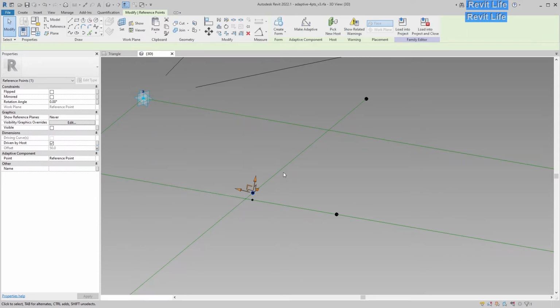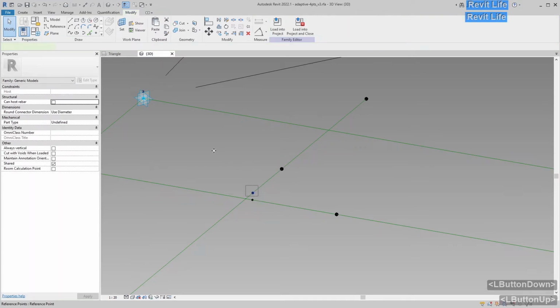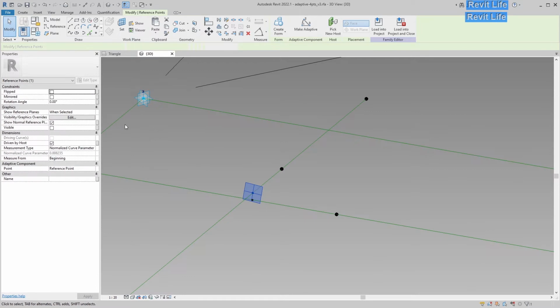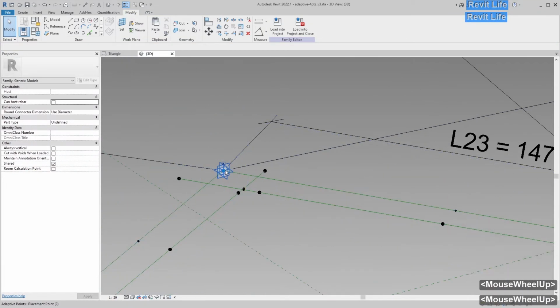And again, this point goes to the wrong direction, so we need to select the host point and flip it. Okay, great. Let's move on to the next